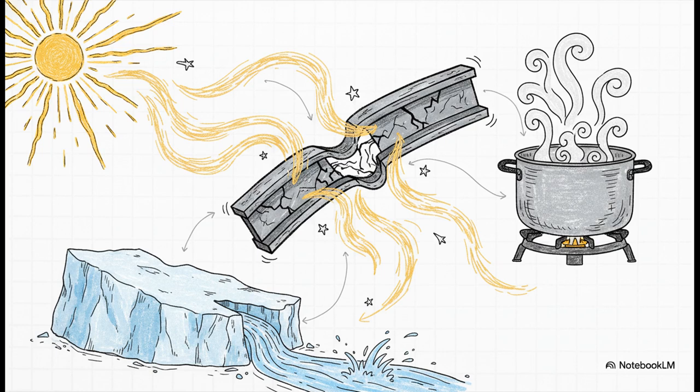But I really want to leave you with this provocative thought. If heat is really just invisible energy at work, dictating everything from the tiny expansion of alcohol in a glass tube to the melting of massive blocks of ice, how else is it secretly shaping the colossal architecture of the physical world around us, way beyond just making things hotter or colder? Think about that the next time you feel the sun on your back or watch a pot